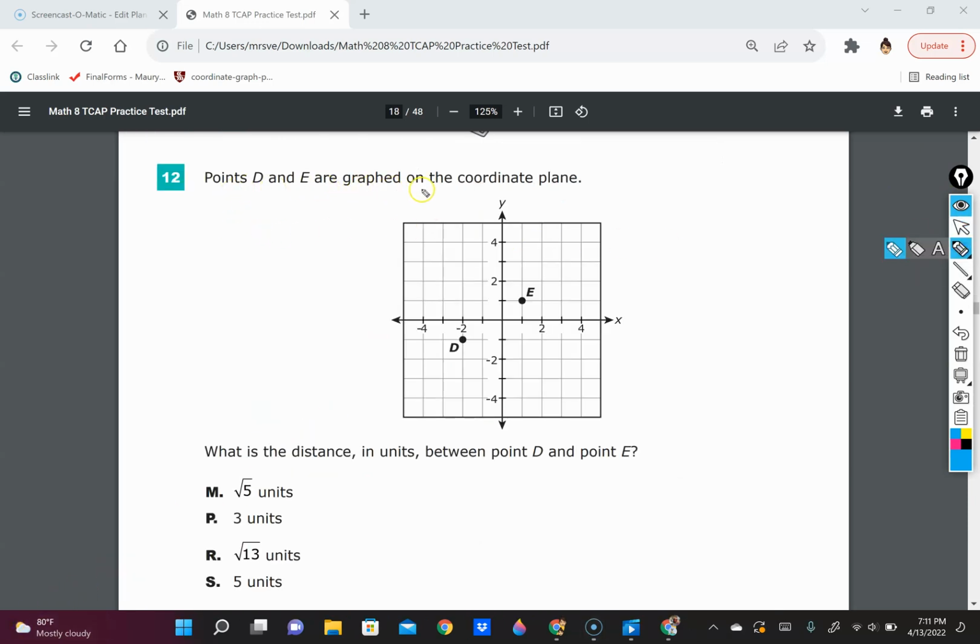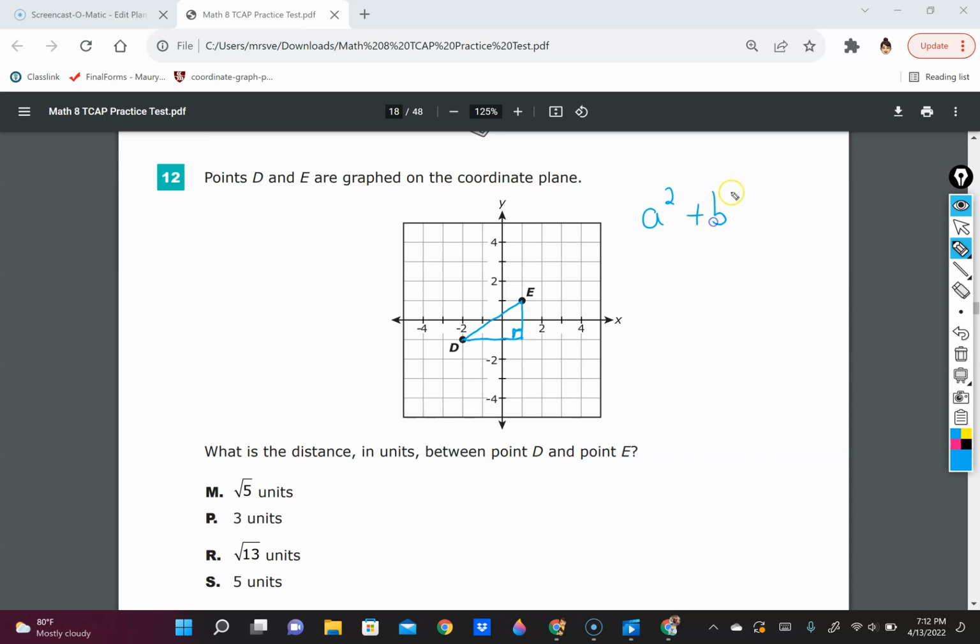Points D and E are graphed on the coordinate plane. What is the distance between these 2 points? What I need you to know is that we have a diagonal here. Anytime that we have a diagonal and we're trying to find the distance of the diagonal, we're going to use the Pythagorean Theorem. So create a right triangle from this diagonal, and we're not going to use the typical a